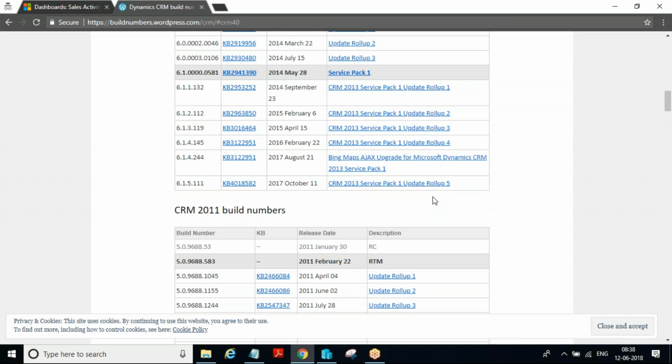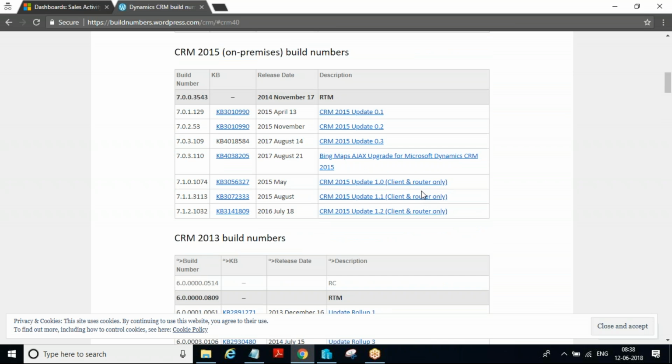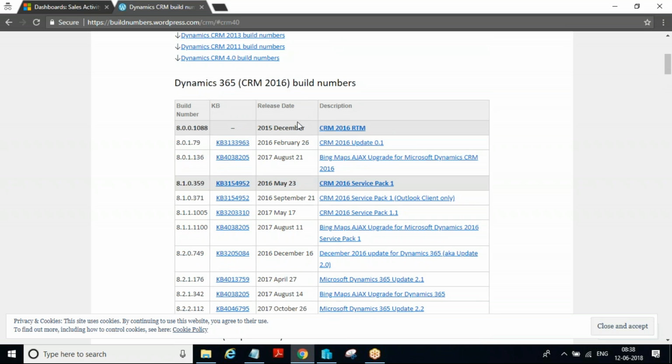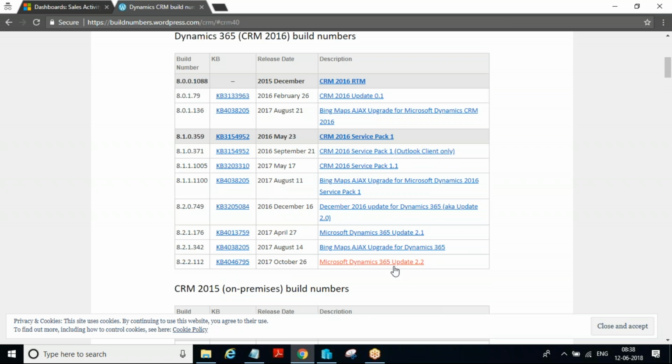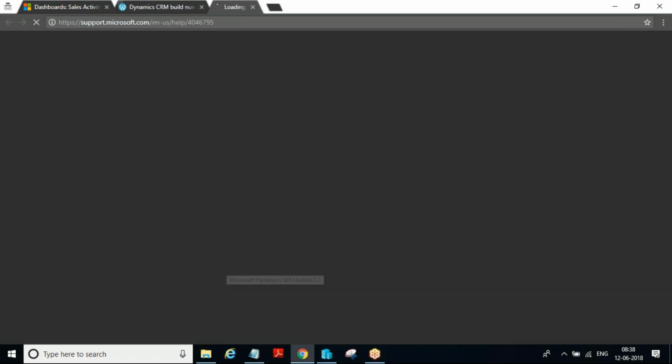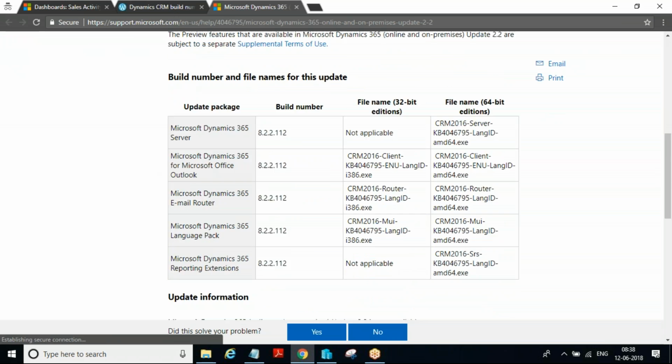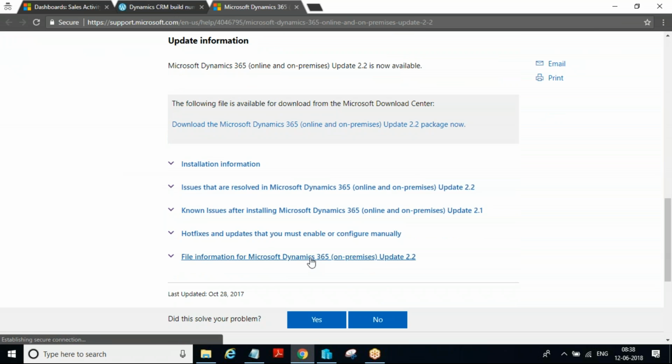For 2013, around 5 to 6 updates, and for 2015, around 5 to 6 updates, and then the latest version, that is 365, around 7 to 8 updates. With every update, Microsoft also releases knowledge base articles. When you click on one, it gives the list of issues that will get resolved after applying these updates.